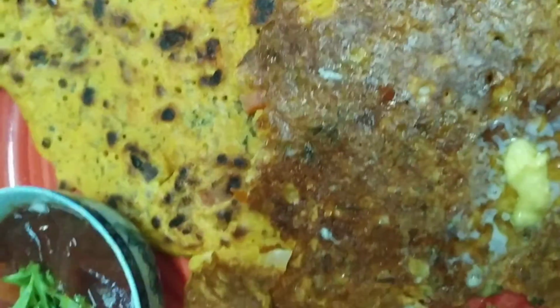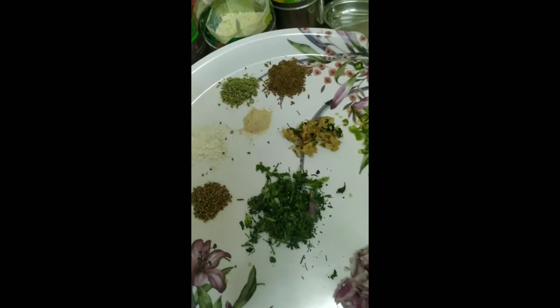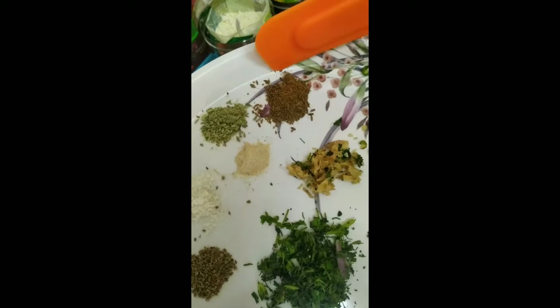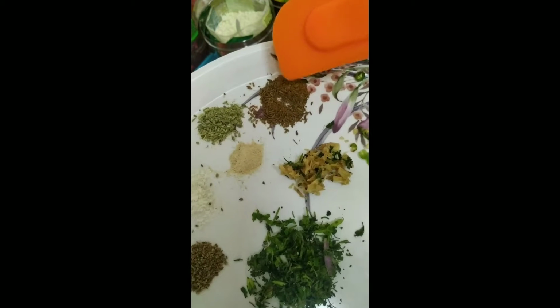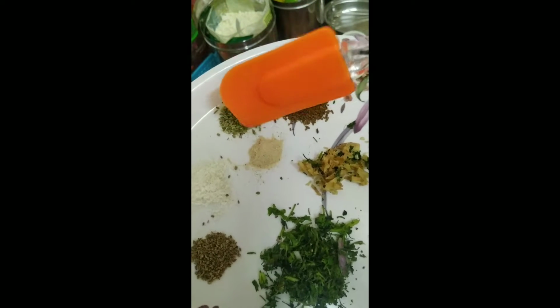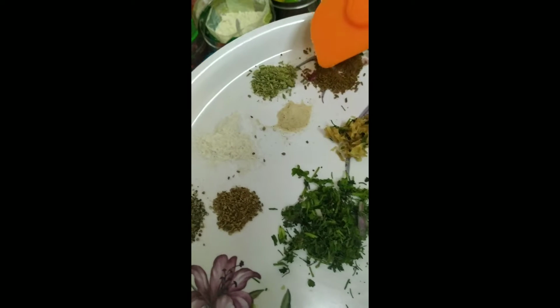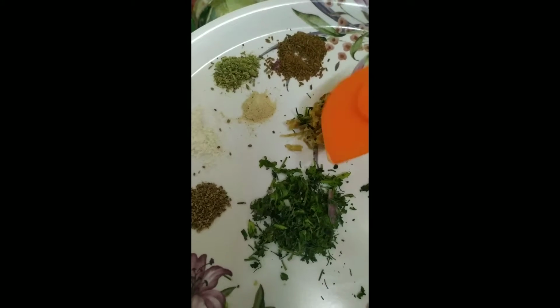Tomato omelette you want. So let's get started with our tomato omelette. For that I have a little more than half, that is 3/4 teaspoon of jeera powder. This is fennel seed powder, half a teaspoon. Salt according to your taste. Hing, asafoetida, a little chopped ginger,